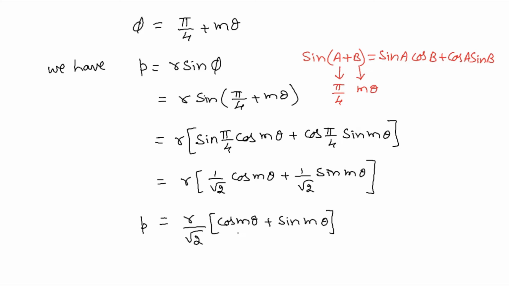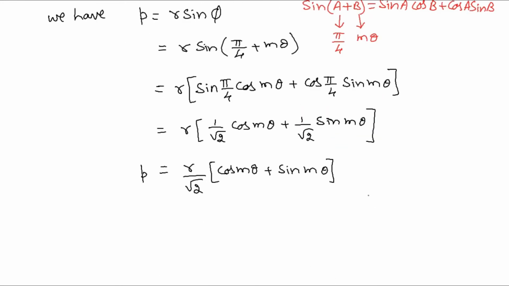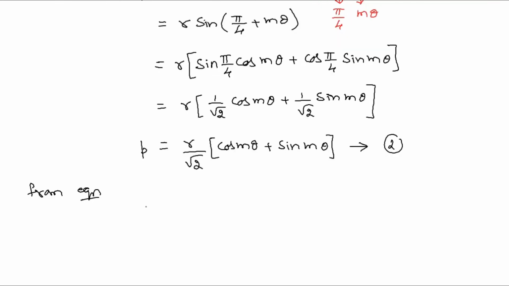But still we are having this theta value. We need to eliminate this value of theta. So let us go back to the question and see, since we are having over here cos of m theta plus sine of m theta, we can obtain this cos of m theta plus sine of m theta value from this result. So let us take this as equation number 1. I'll take this particular p value to be equation number 2. So we'll try to get from equation 1, we have the value of r power of m by